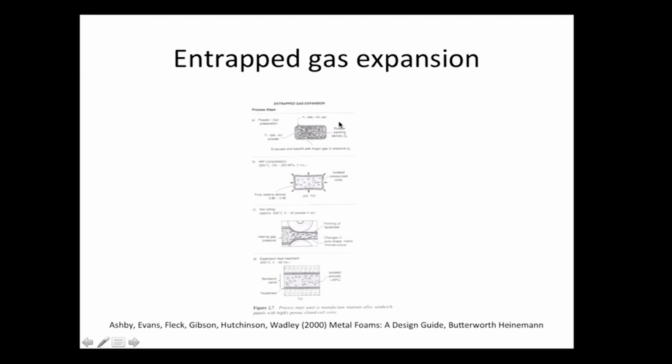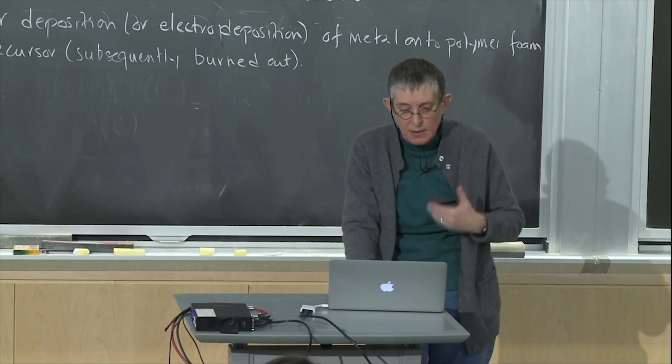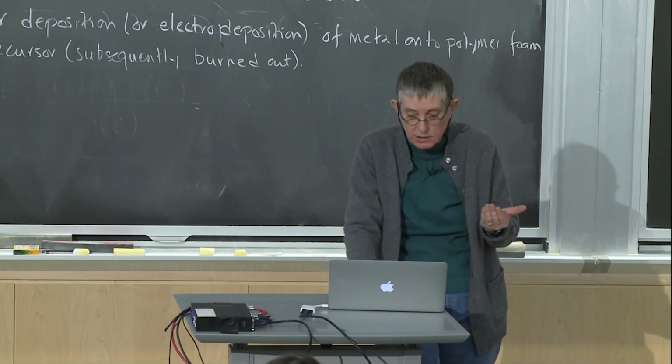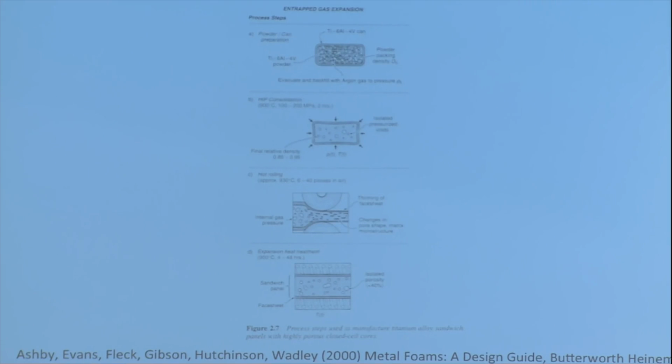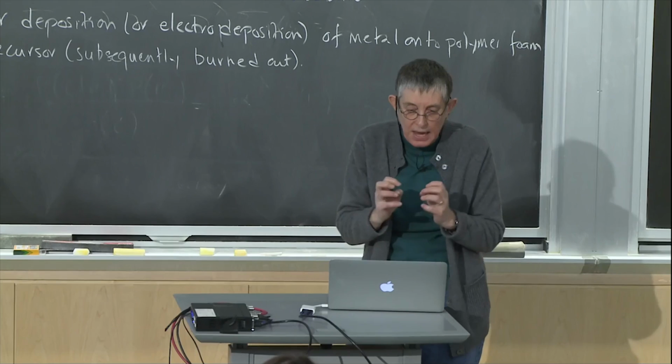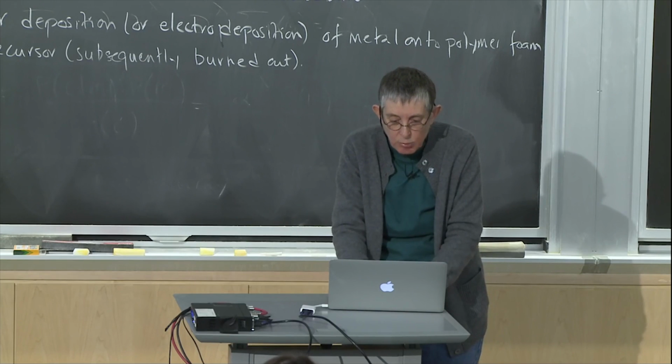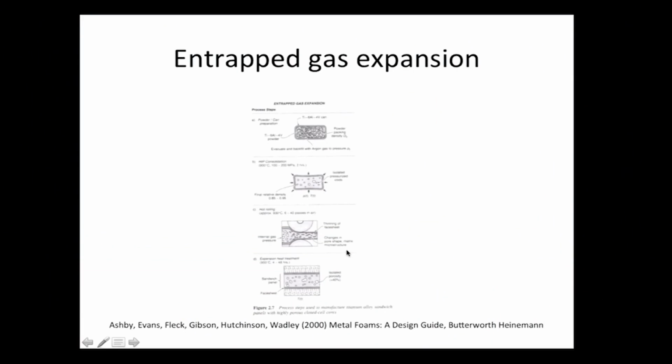They've taken a titanium alloy. So they've got a powder of titanium alloy. They then evacuate the can, so they take all the air out of it, and then they backfill it with argon gas. So they put in an inert gas in there. And then they pressurize and heat the thing up, and so the gas is internally pressurized by doing that. Sometimes when they do this, they want to have a skin on the two faces.